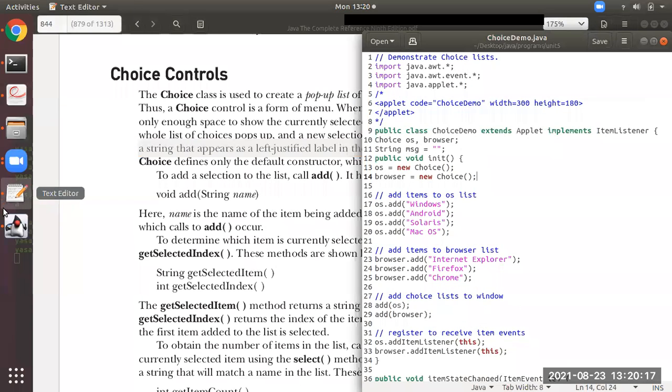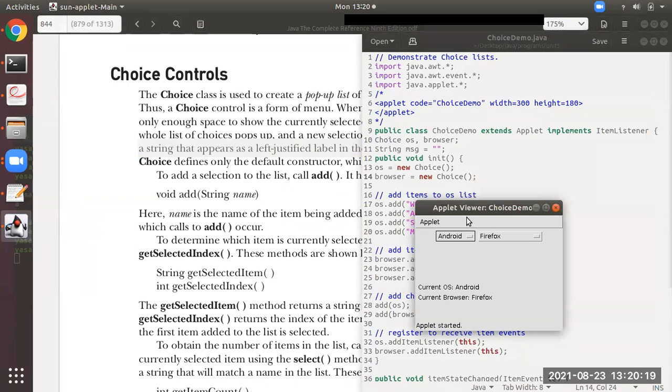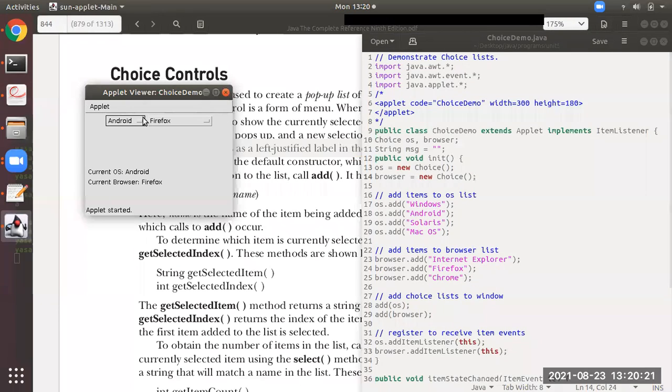Like over here, see here, Windows, Android, Solaris, macOS, you are able to see how they have been added in that order and displayed. Similarly, over here also, in whatever order they have been added, in that order they are displayed in the pop-up list.